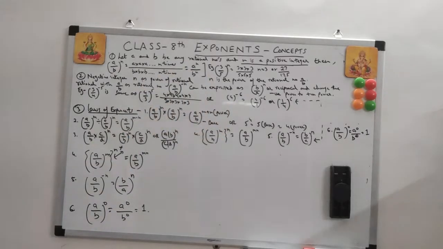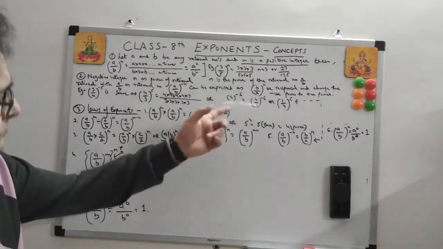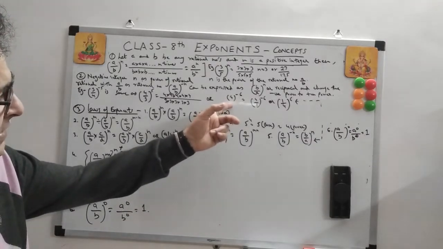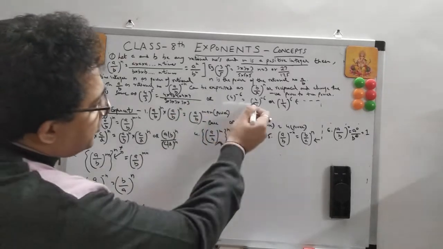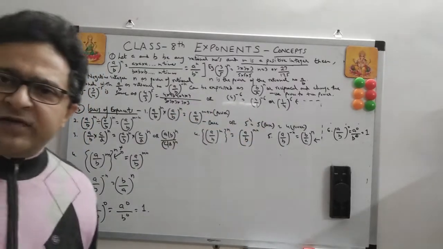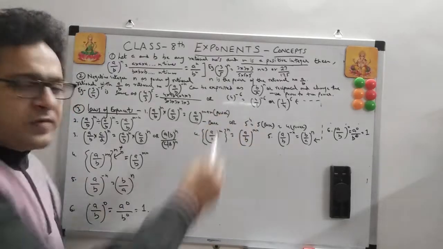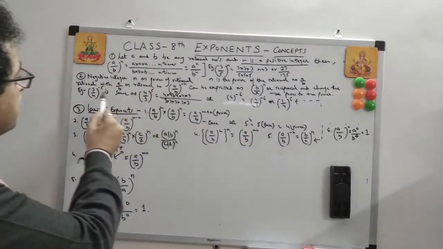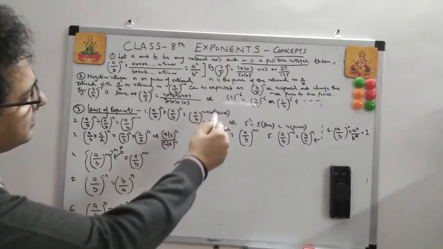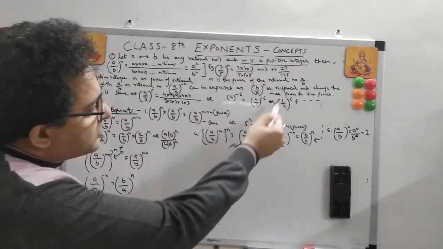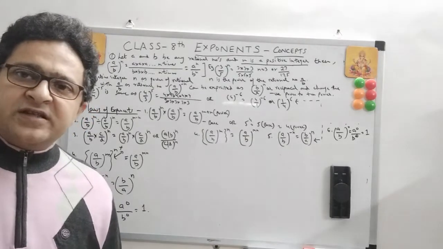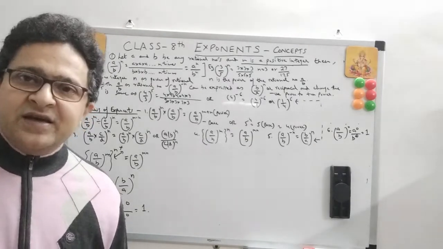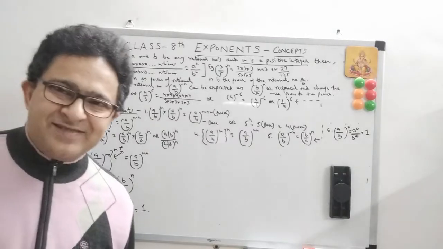Same way, if the exponent is in a form where there is no a/b, just the base and the power, let's take 4 to the power minus 6. What is 4? It is 4/1. This is how we represent it. 4 is 4/1. So again in the form of (a/b)^(-n), which will become (b/a)^n, it will become (1/4)^6. Clear? Very simple, right? (a/b)^(-n) becomes (b/a)^n. We will do some questions on this as well.